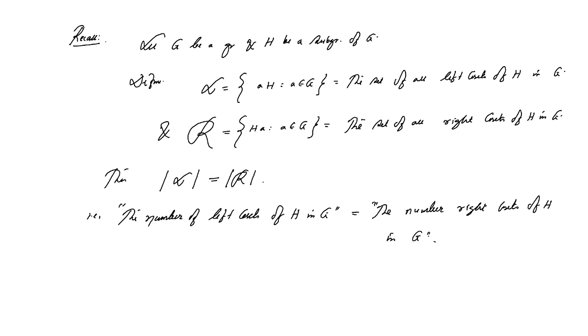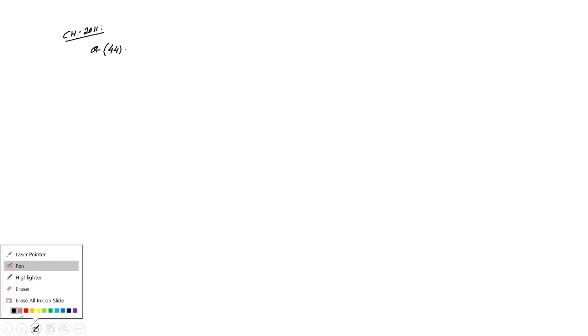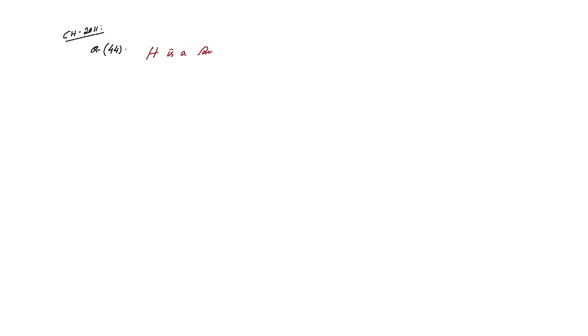But how to prove the number of left cosets and number of right cosets are equal? That question was asked in the year 2011. This is question number 44. What was the question? The question is, let H be a subgroup of a group G. Prove that